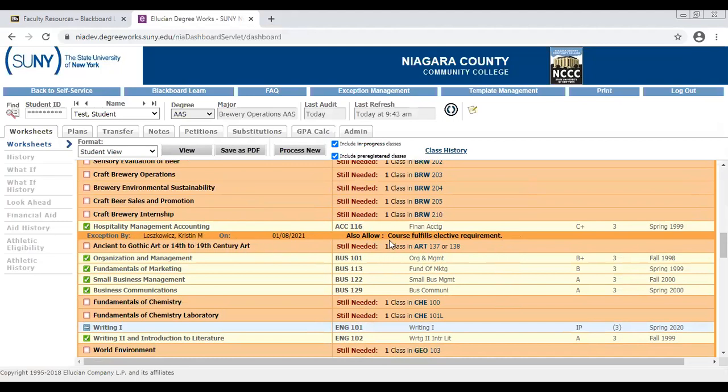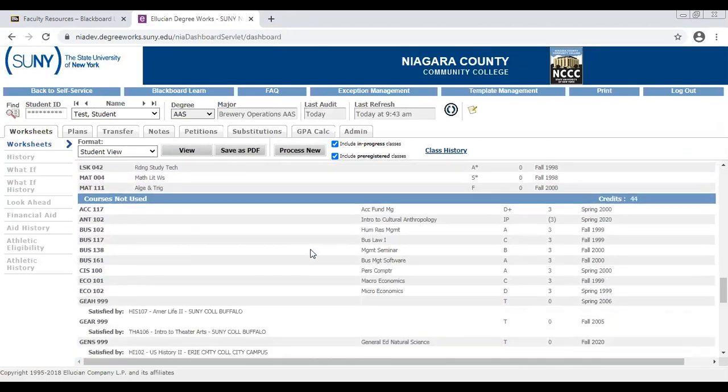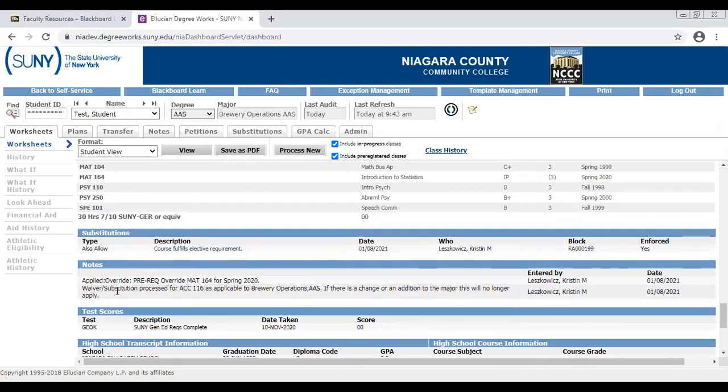And my little note with the reasoning that was selected on the form. You'll see a time stamp or a date stamp of when I did it. And then I also input a note at the bottom under notes right here. This waiver substitution processed for the course with the program listed. I will make a note of it